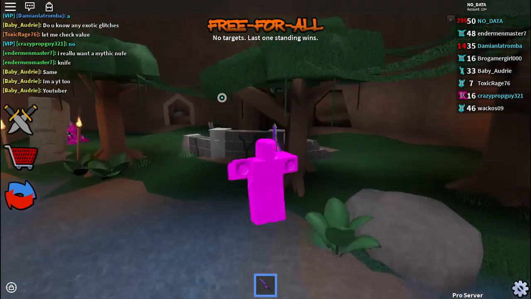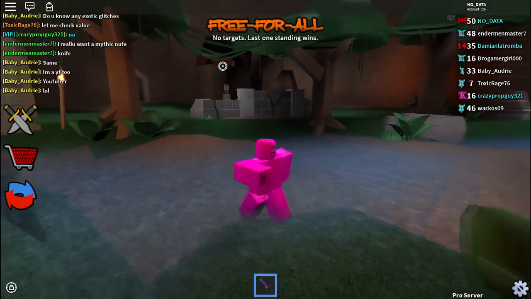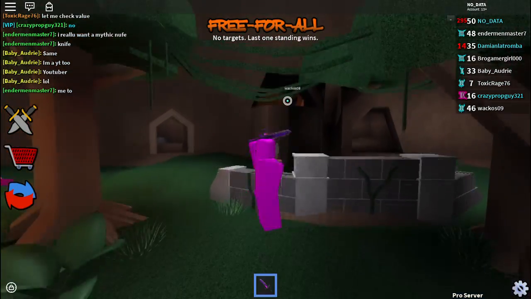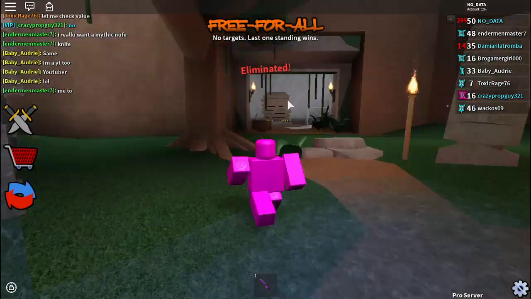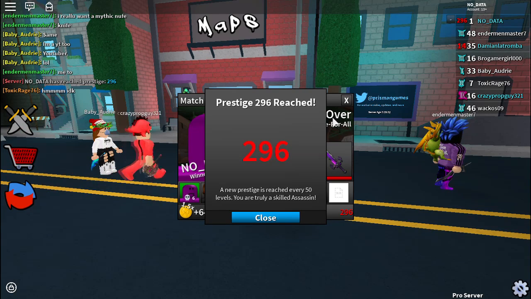That is not a win. Someone is still here. I don't know where they are at. Oh, they're in the cave. Alright, well, we could get them in the cave. Alright, that's fine. Nothing to worry about. Get you, and that should be a win now. And that is a win,